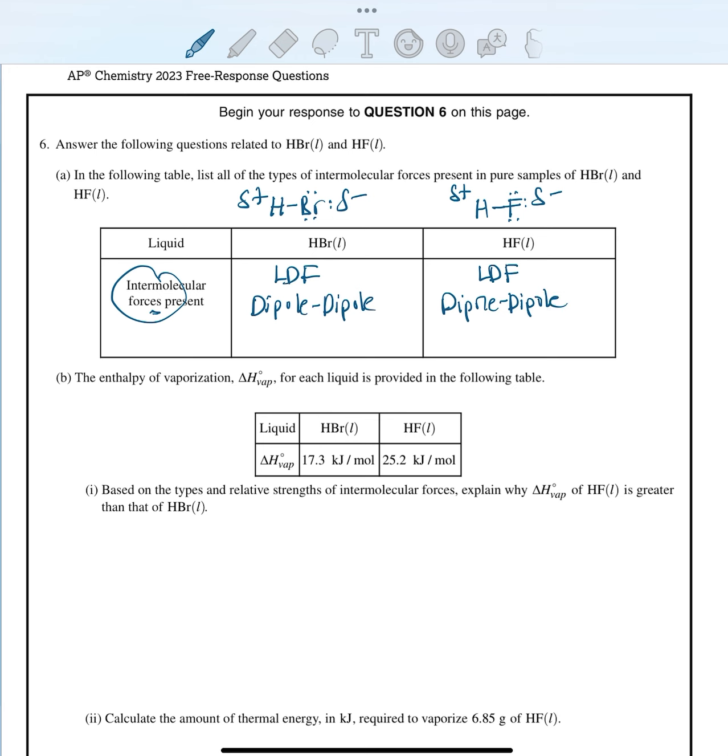That's because each of them has a dipole, right? Each of them has a positive and a negative dipole. So, for example, if I have another HF molecule beside my original one, the delta positive of the hydrogen will have an attraction to the delta negative of the fluorine. Now, the difference with the HF versus the HBr is that the HF will also show